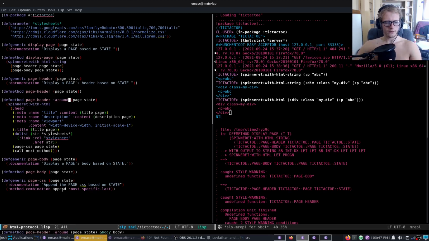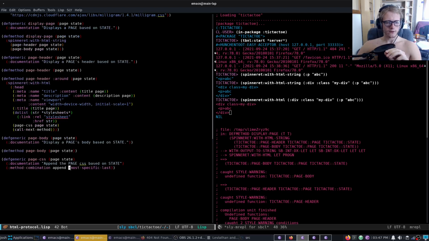Okay, now the difference between that and using the append method combination, and other method combinations like plus or progn, is that in the case of using most specific last, you don't have before, you don't have after, you do have around. And so the around, basically when it's called, it will go through the class hierarchy,